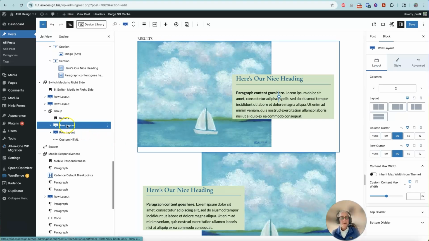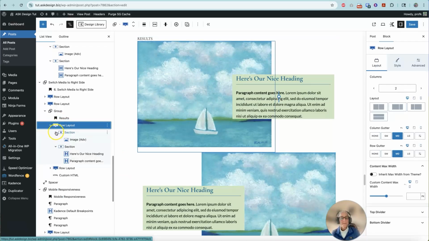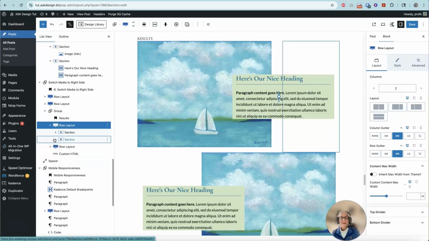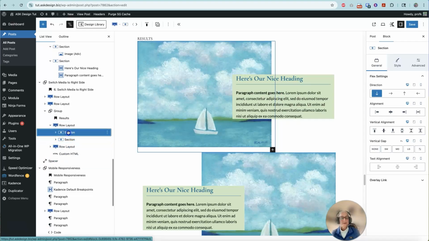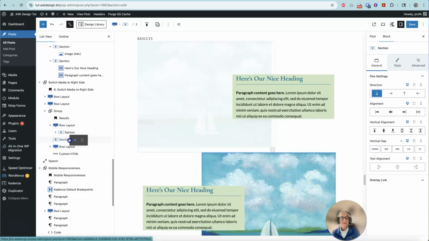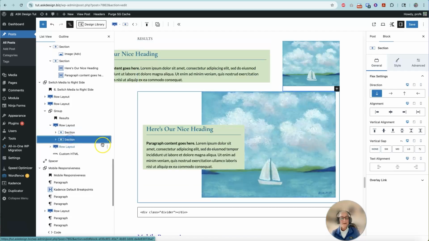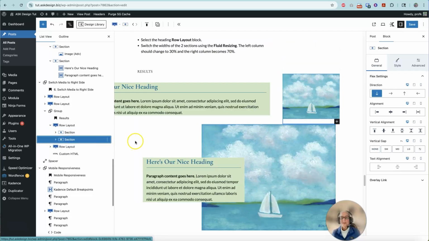than the left. Let's go to the row layout and open it up. We can see the two sections. The left section is on top. Let's move it underneath if we can. There we go. And so, yeah, it's showing up on the right side, but now we have to do a